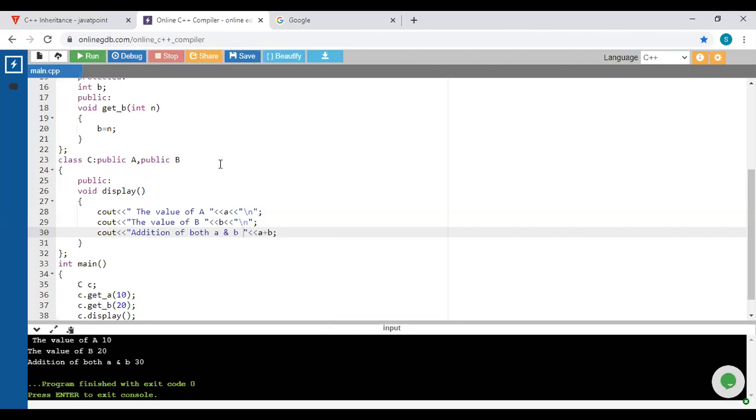I will show you with one more example how it creates the ambiguity. Suppose this is class A, and class A has a display function, and that's it.